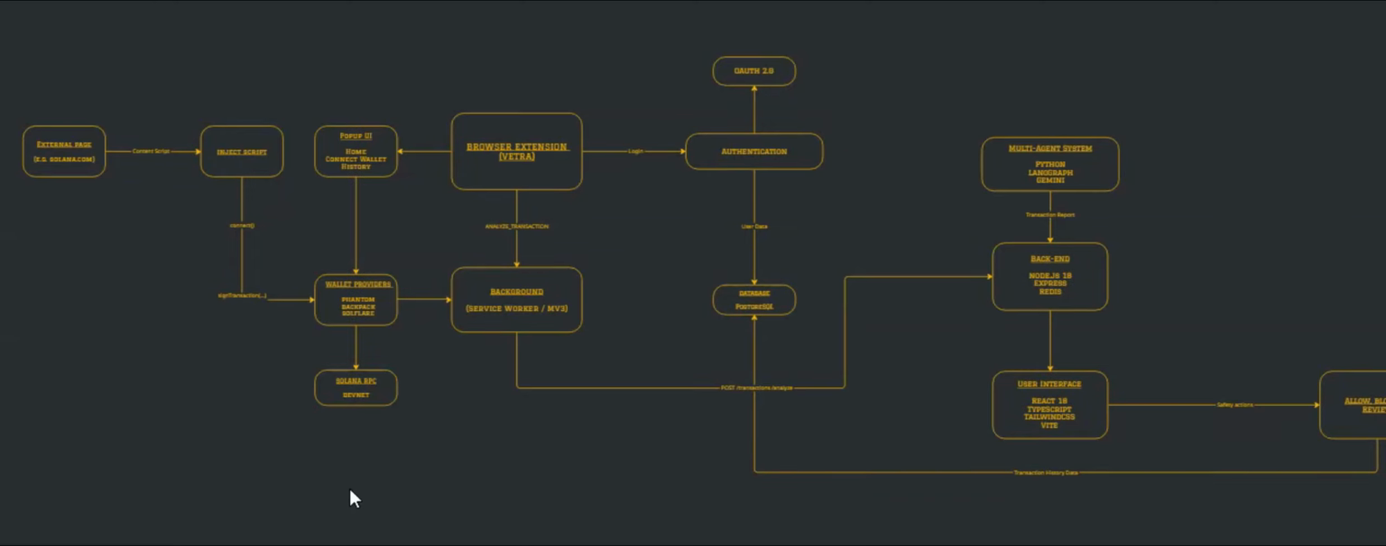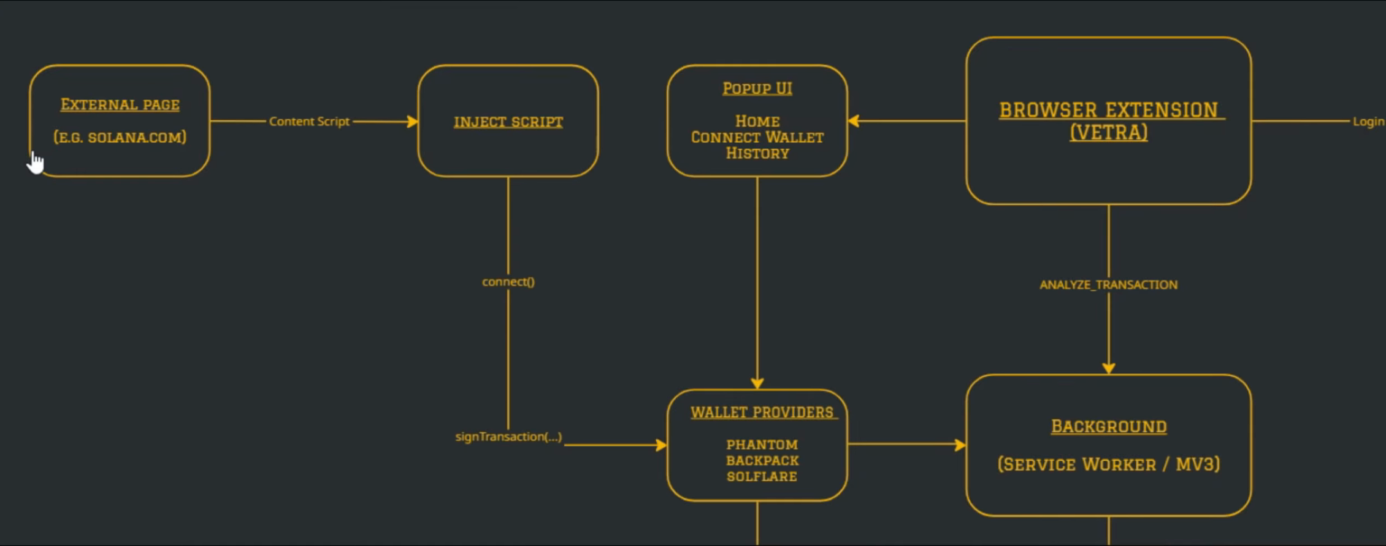I'll show you how Vetra sits between the browser, the wallet, and our multi-agent backend to decide if a Solana transaction is safe. We start on an external page, say solana.com. That page has its own CSP and its own JavaScript, so the extension can't just reach and call the wallet from the pop-up. To solve that, the extension injects a content script, and the content script asks the background to inject